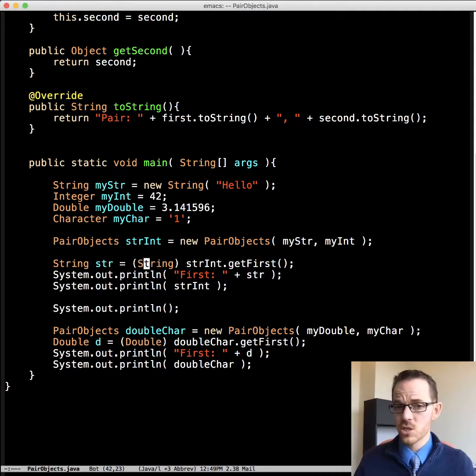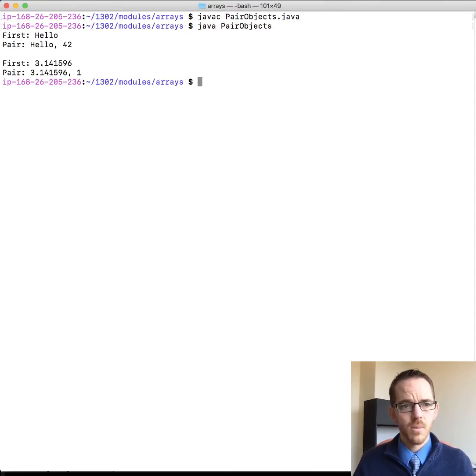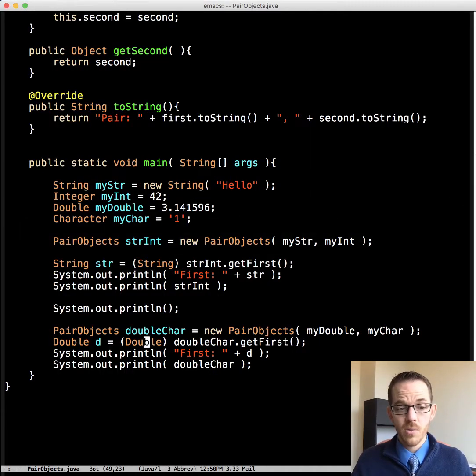And so that is one advantage that the generic class helps out with: it removes that requirement to cast every time. Similarly, we could have put something else in here. We can compile this here, and sure enough, it compiles. Woohoo! And we can run it, and we can pull out the first, and we can call toString on it, which says, hey, this is a pair, hello, and 42. And this just shows that we can get different things and we can work with them. Okay, now let's see, what does the generic class version look like for this?